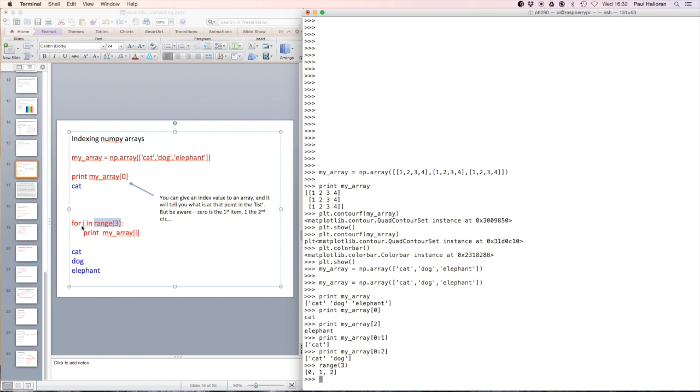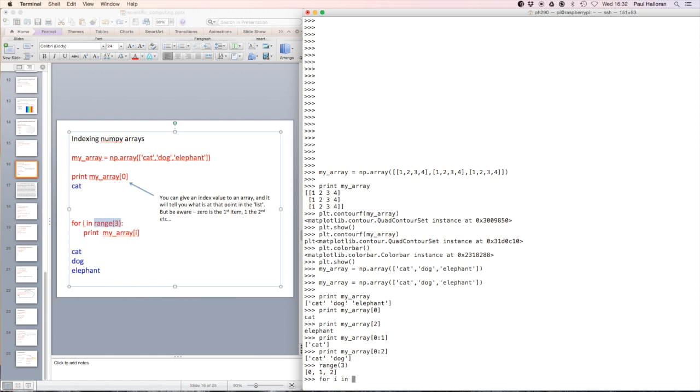Now, you can see that i is here. i is just a variable that this loop is using to hold this temporary piece of information. So i is holding the values 0, and then 1, and then 2, and passing that information to our array. So let's try that. For i, this could be anything. This is just an arbitrary variable name in, so it's holding the values sequentially in